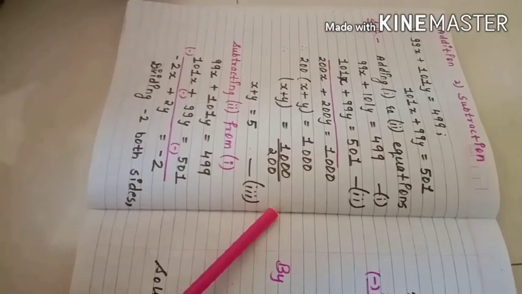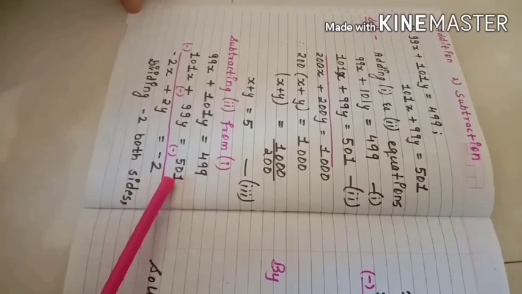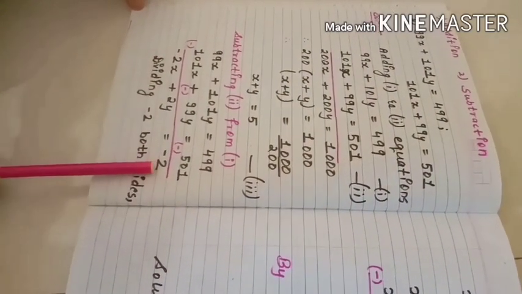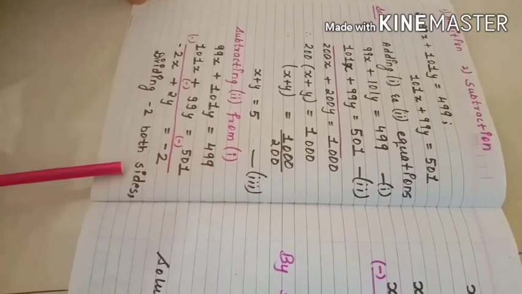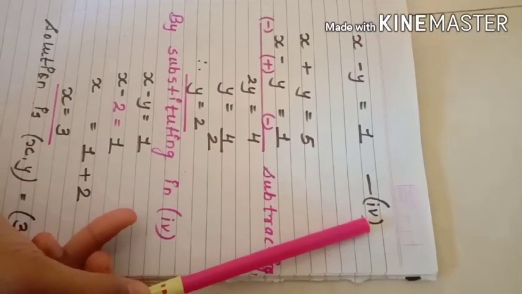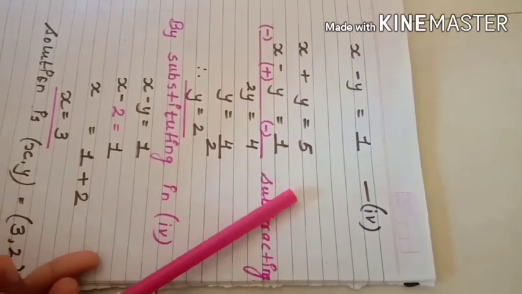And second, what I have to do? I have to subtract. So by subtracting both of the equation, I will get my minus 2x plus 2y is equal to minus 2. As here is minus 2, I will divide whole the term with my minus 2. So I'll get my answer x minus y is equal to 1. This becomes my fourth equation. So both the equation, third and fourth, I have written here. Third equation and fourth equation.